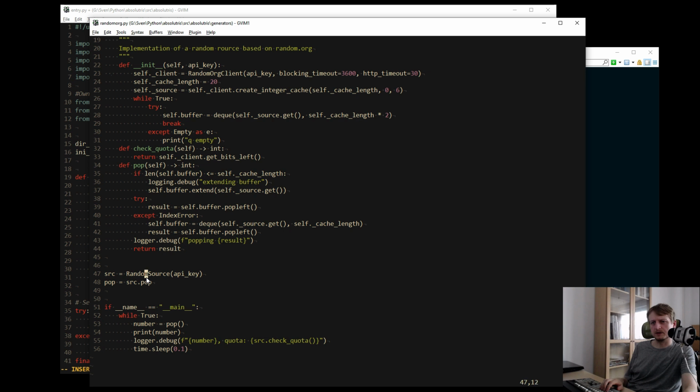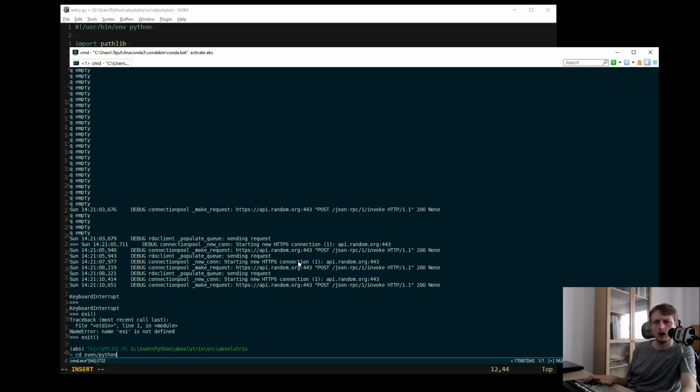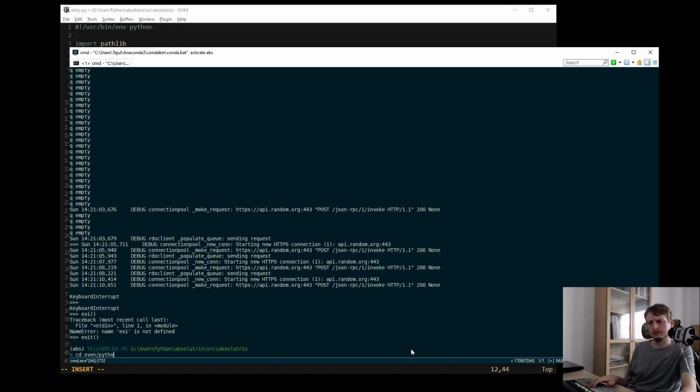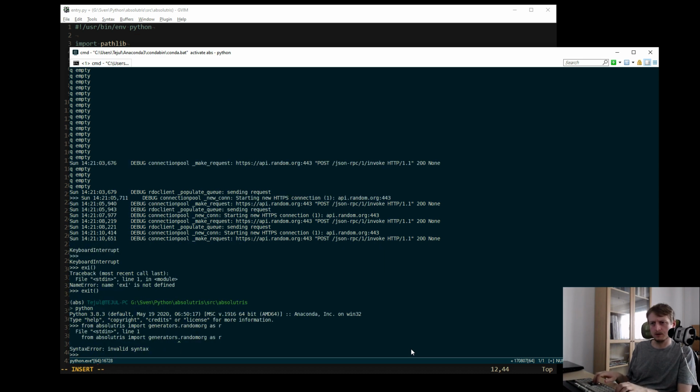So it should do nothing if I import it. Is that true? From absolutris import generators as R.